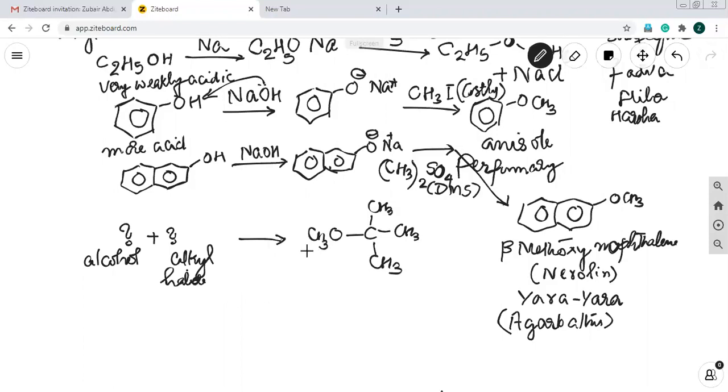Let us see. We will expand this structure. CH3. Now, you can break the bond either here, A, or you can break this bond here, B. So you have a chance of starting with 2 types of alcohol. So this can be obtained from, let me put the halide here first,